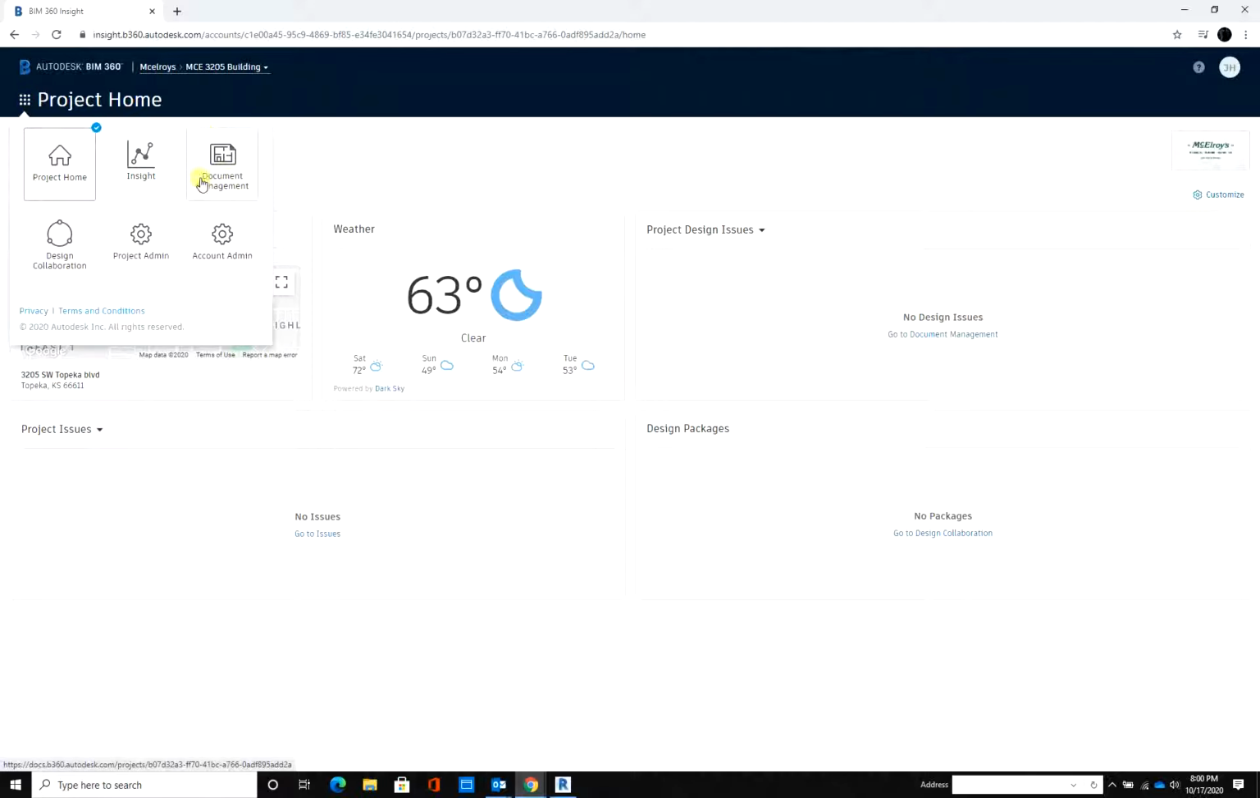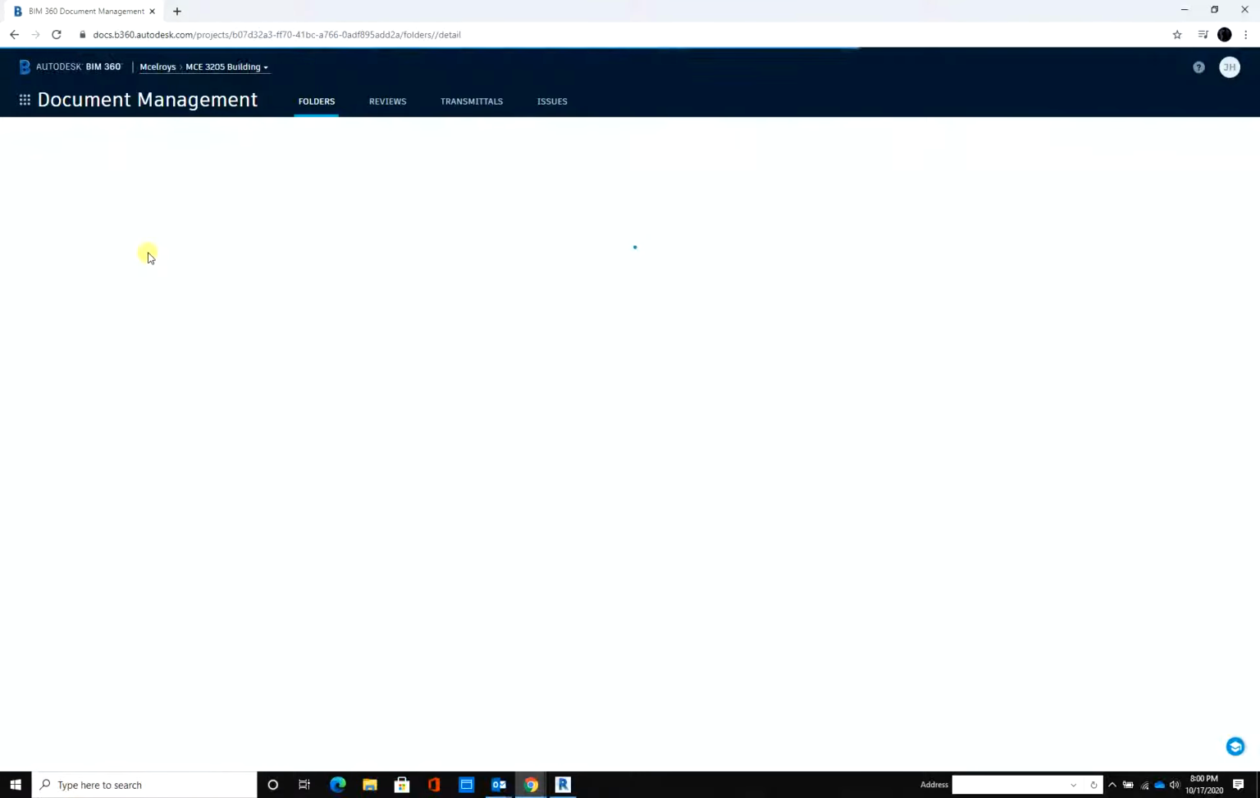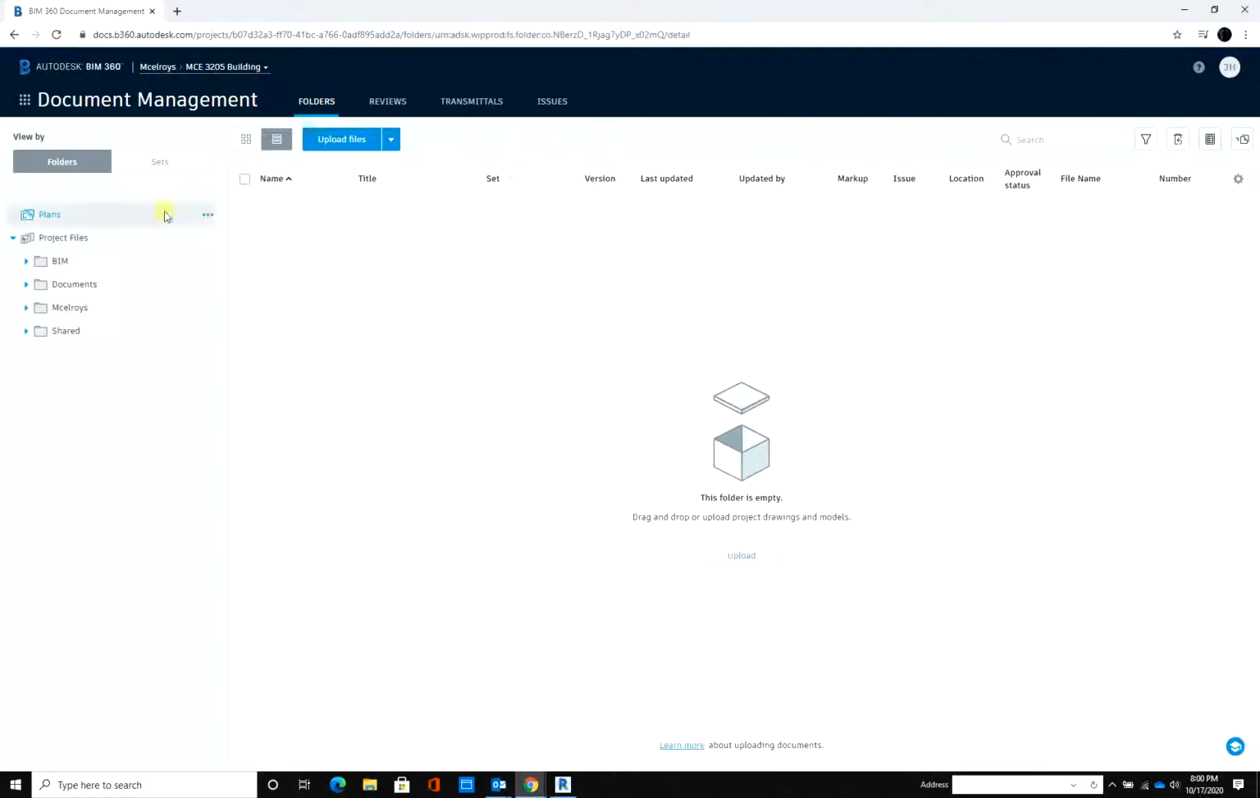Document management is where we're pretty much going to live, but you can also explore the design collaborations, some insights, some other things that might be an option. And I believe that everybody in this group will be project admin and will have full rights to all the files. So once you get into document management, it's going to be set up like a file structure, just like Windows Explorer. You'll be able to drag and drop files within these folders,